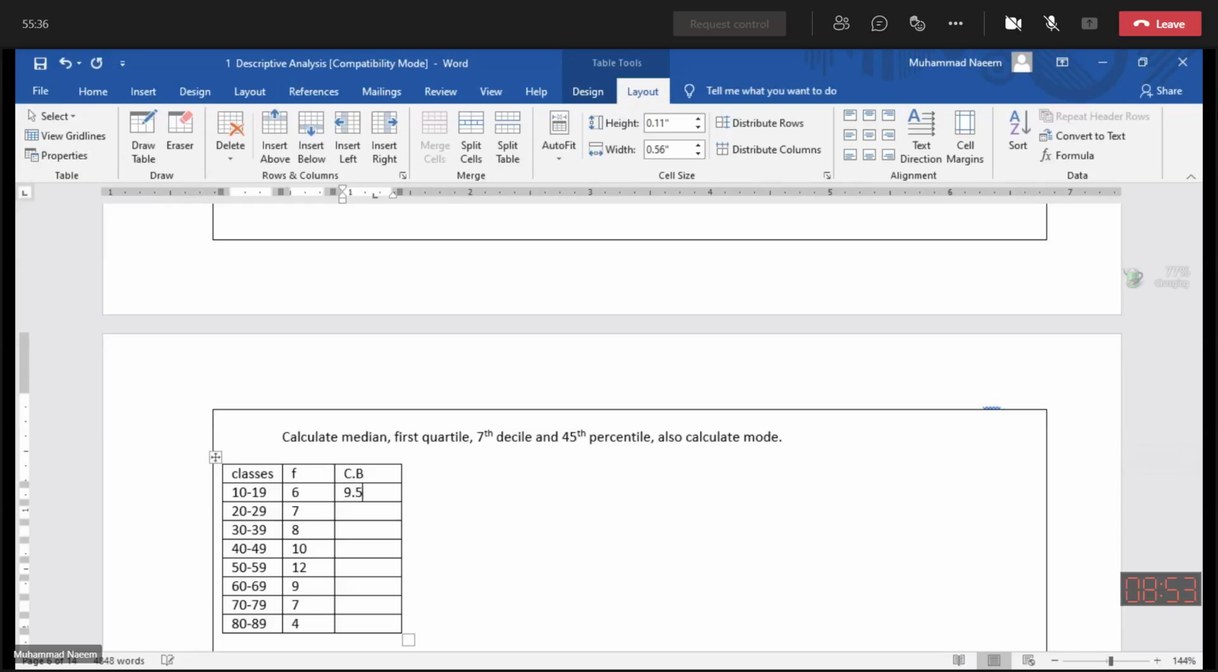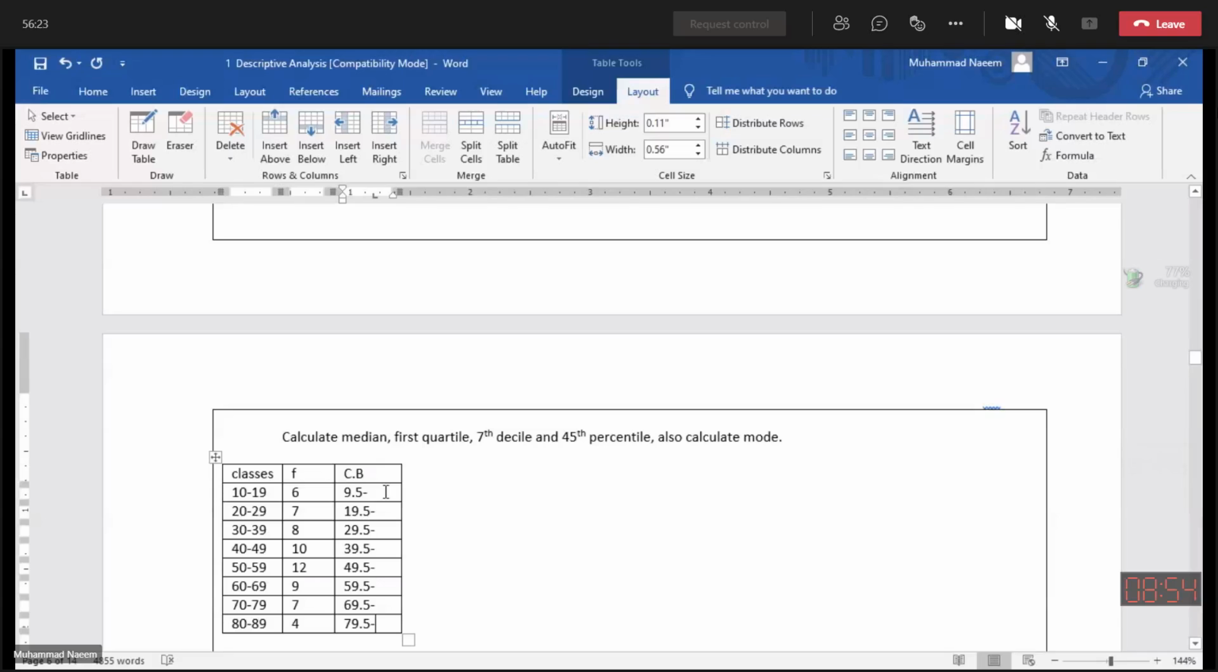We get 9.5, 19.5, 29.5, 39.5, 49.5, 59.5, 69.5, 79.5,